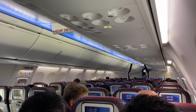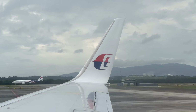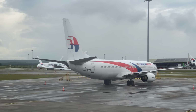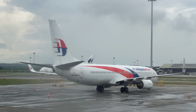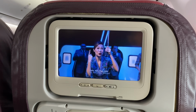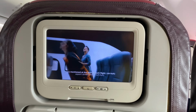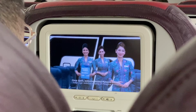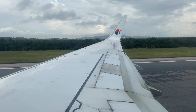Emergency exit area must be made clear of any obstruction. Welcome aboard Malaysia Airlines 737. Let's review the main aviation safety conventions, which can be found here. We hope you enjoy the Malaysian hospitality. Please remember to